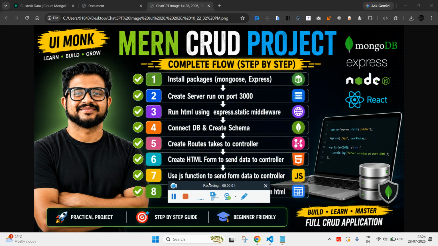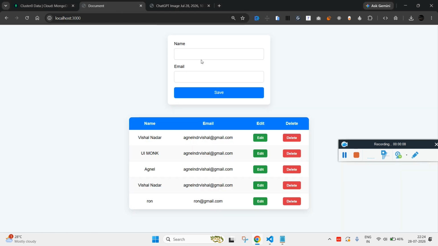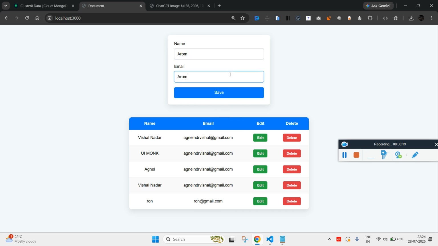Alright, in this video we'll see how to create a CRUD operation with MongoDB, Express and nodejs. Now you see this is the form. If I type something, the name and the email, and if I click on save,